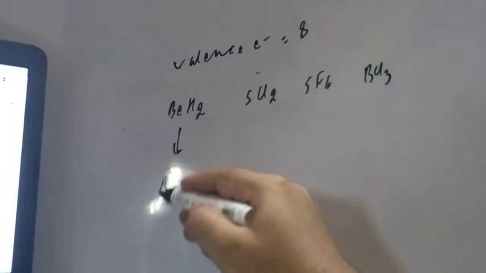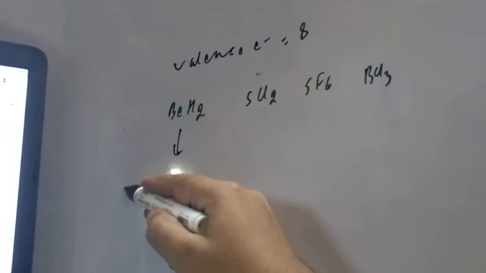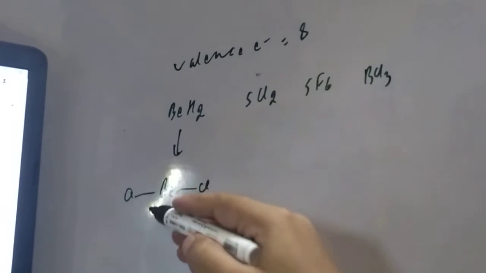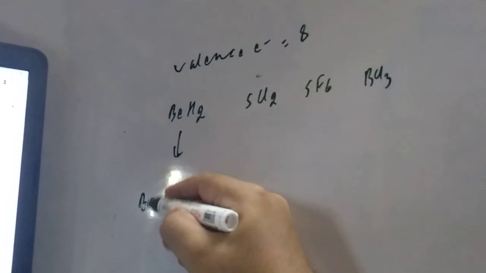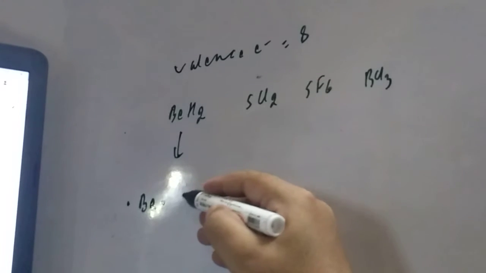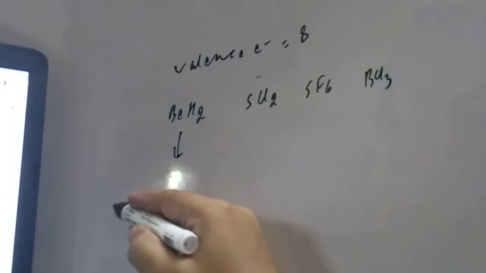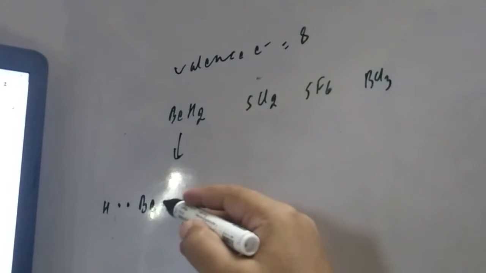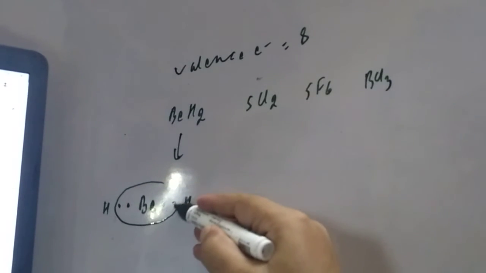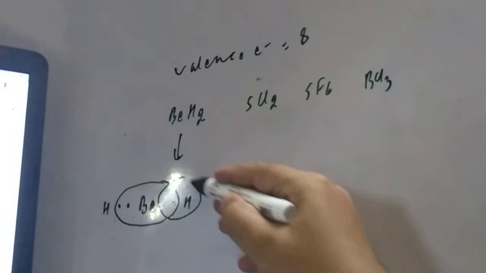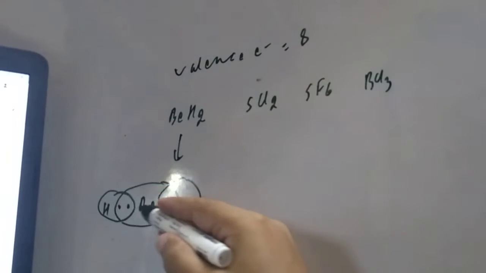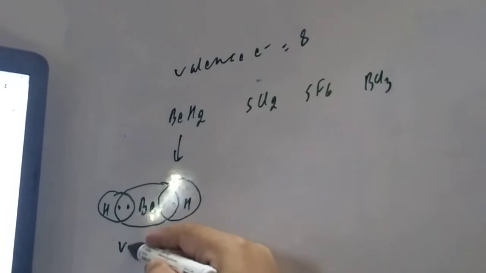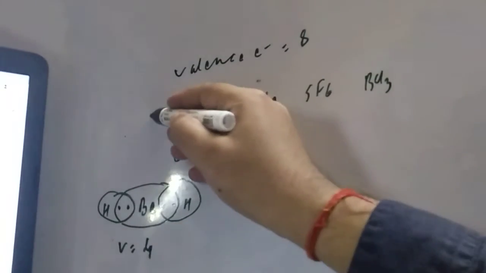Now let us see on the board, student. You will be able to easily get the answers. So in case of BeH2, student, its structure is like that, Be and H. Otherwise you can draw the Lewis dot structure also for better understanding. Be is having 2 valence electrons and 2 hydrogen atoms are there, so they are sharing their electrons. After the overlapping sharing, how many electrons are there in Be's valence shell? So 1 2 3 4. So the valence electron count is 4. So option A is wrong.